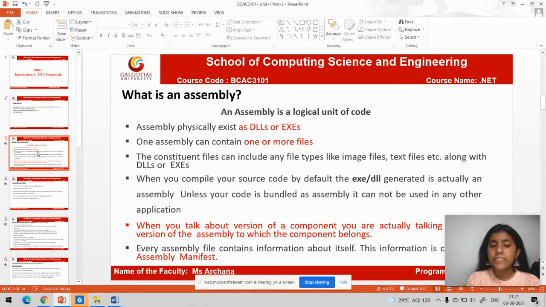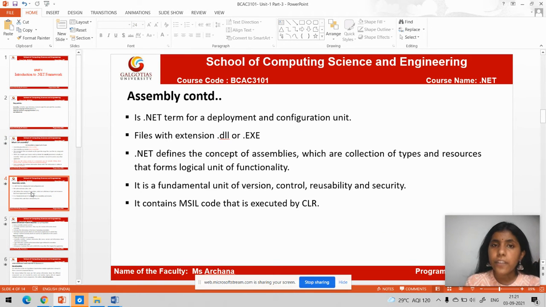Every assembly file contains information about itself, and this information is called the assembly manifest. So the assembly manifest contains information about the assembly itself. In .NET terms, it is the deployment and configuration unit, with the file extension DLL or EXE.